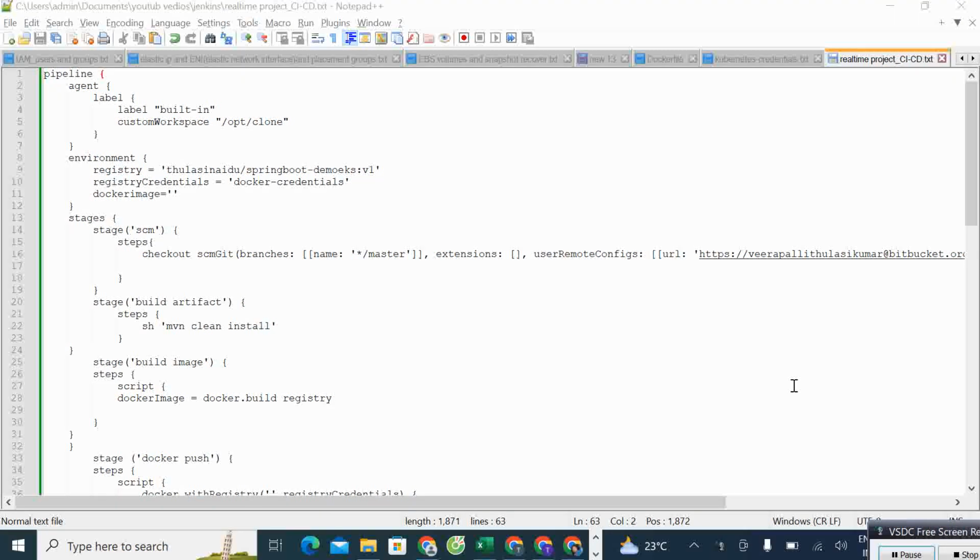Guys, today we need to discuss a real-time project. Real-time project means I will explain how to do an end-to-end pipeline today. Once the developer's development is completed, he pushes the code to Bitbucket or GitHub, right? Then once he's pushed the code, how does it automatically